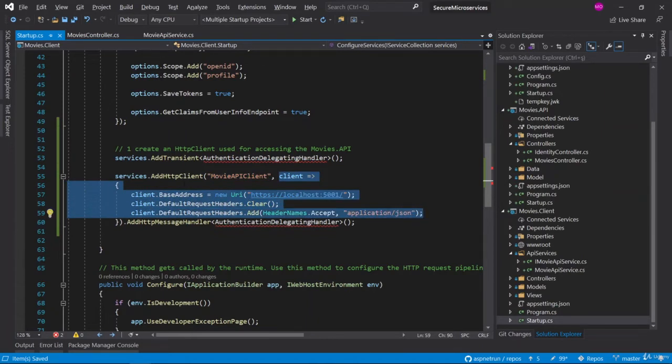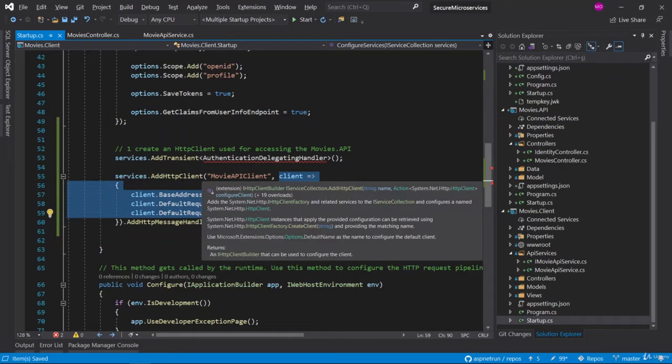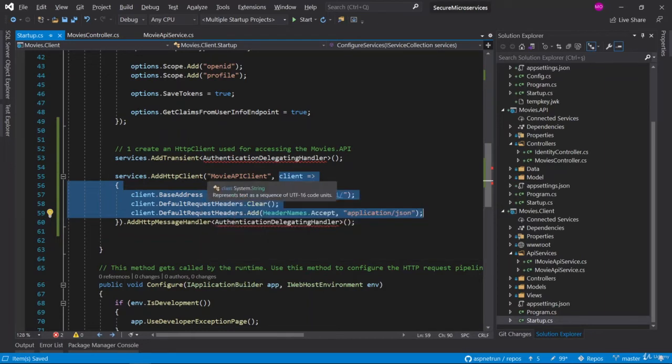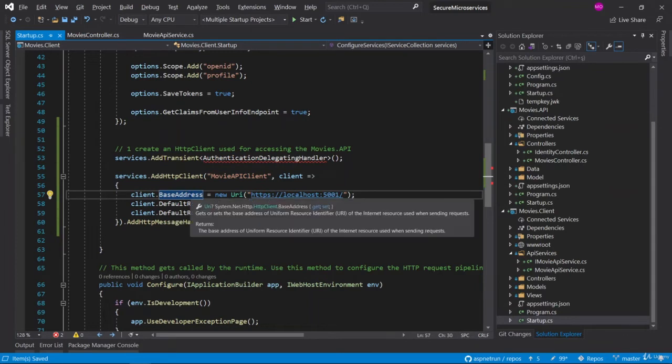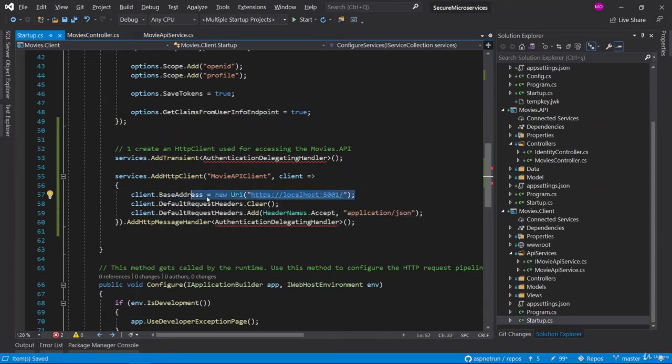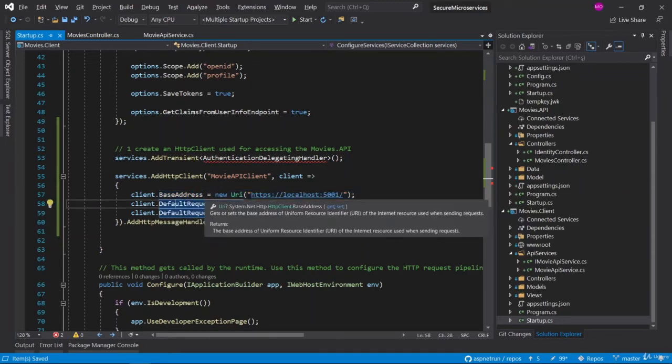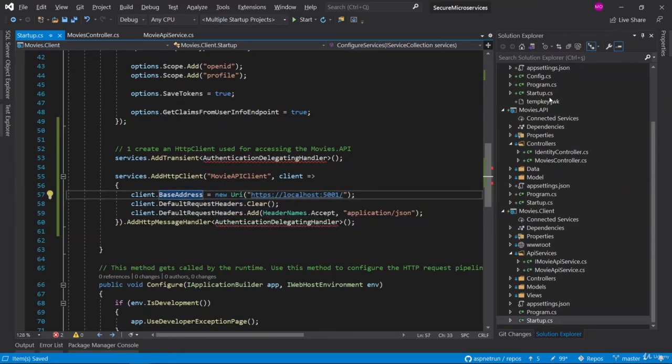So it is very good to use this in dependency injection, because this HttpClient is created in one place, and once it is created, pre-built configurations can also be provided through dependency injection. That's why I said I should have a movies API client object, and this client object should provide these configurations. The important configuration is the base URL, the base address. Base address is indicating our movies API project. This way, I am not providing this URL again and again when I am consuming this movies API.